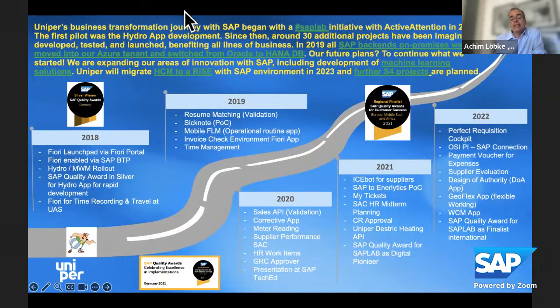We implemented SAP Analytics Cloud, which is also a part of BTP. And nowadays we are doing our HR planning with the SAP Analytics Cloud. We implemented a GRC approver app for access control, which makes it much easier for managers to approve the SAP authorizations. In 21, we continued then to build the first bot